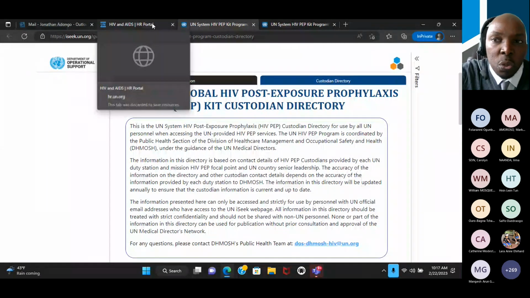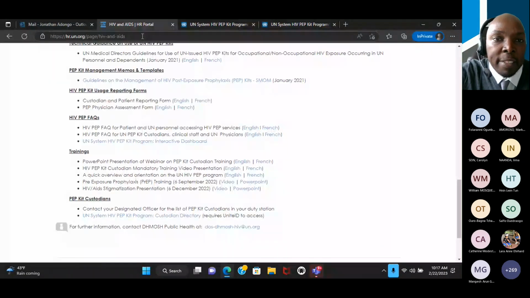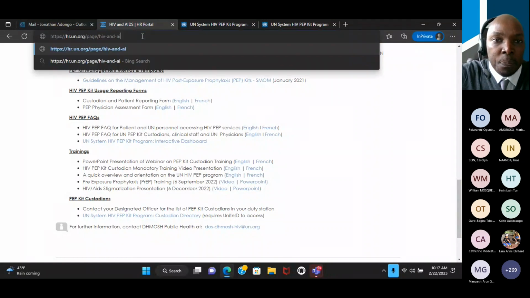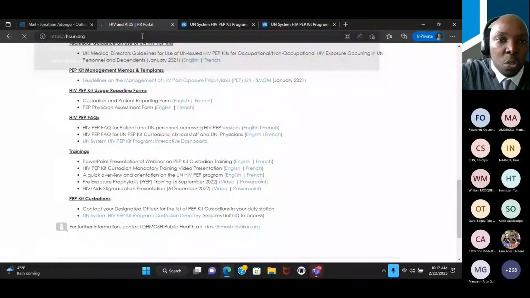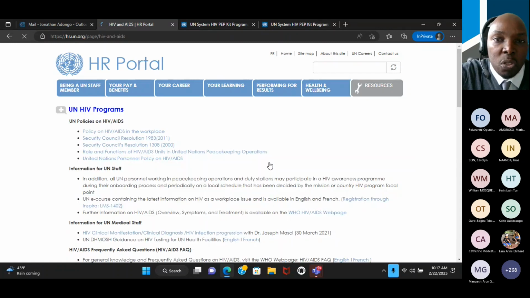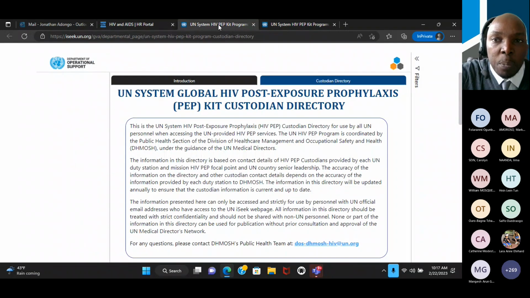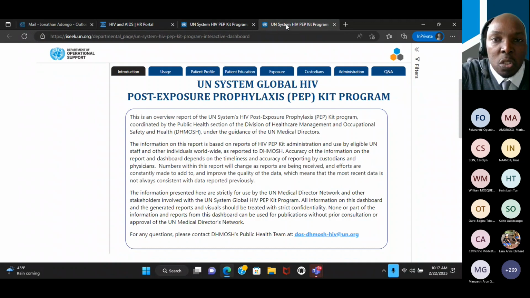If you don't want to go through the process of accessing it the way I just did, which is I type hr.un.org first, which gets us to the HR portal, and then go to health and well-being, HIV and PEP, what you might want to do is when you do access the dashboard, just bookmark it. Whether it's the HIV PEP kit program or the HIV PEP kit custodian, just go ahead and bookmark it so you can directly link to it.